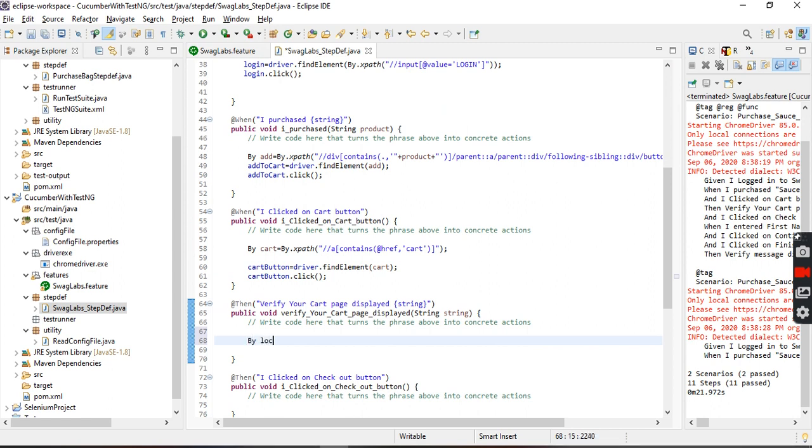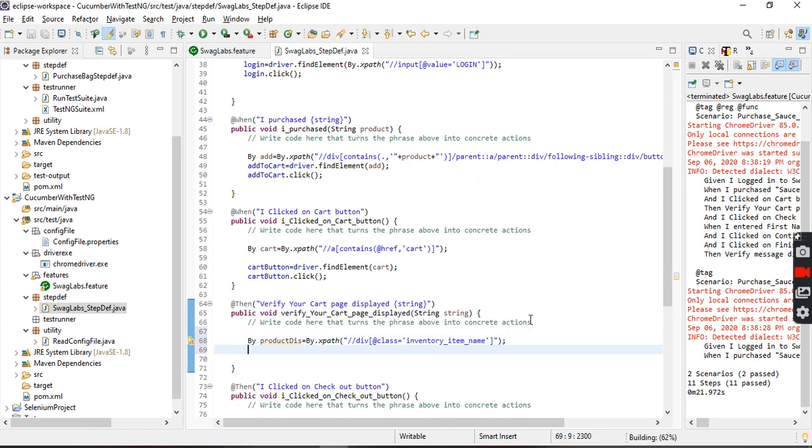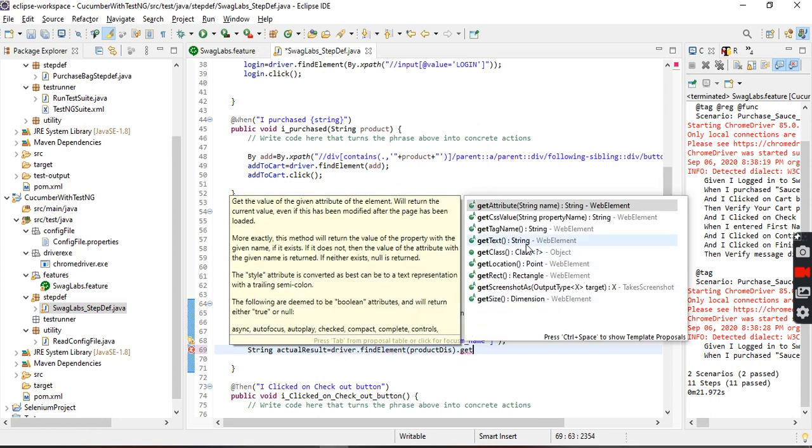Okay. By, what is that? Page display, or a text, or product display, By dot XPath. String actual result is driver dot find element product display dot get text.